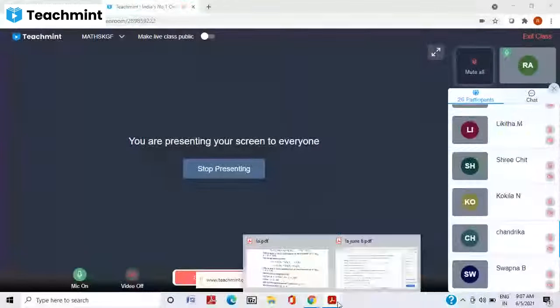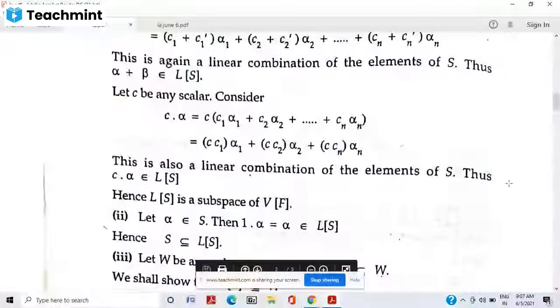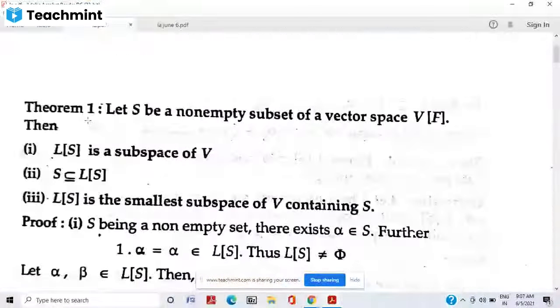That next theorem we will do. Okay. We will do the second theorem. The first theorem, what we discussed yesterday, the statement of this theorem also you should remember. We will use this statement in the next theorem.